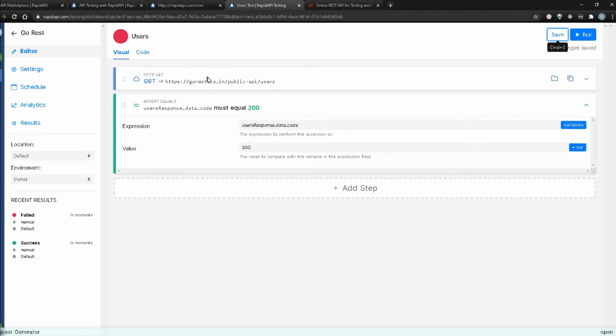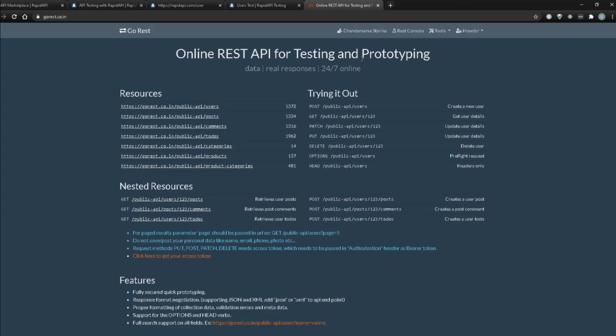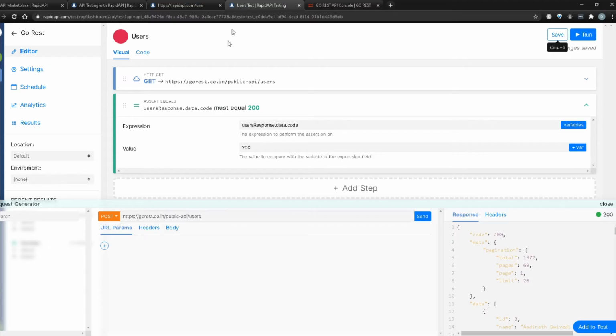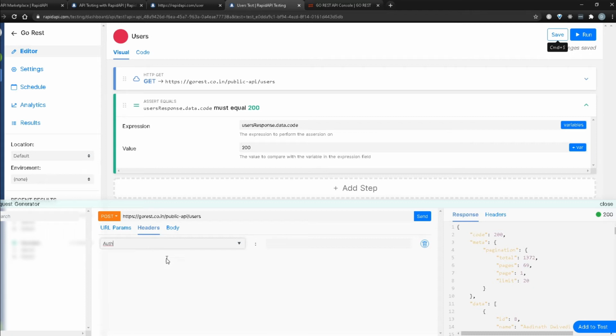So this time, what we're going to do is instead of a get call, we will add a post call. To do that, we will simply click on open over here again, and I'm going to change this to post. Now to do a post call, I'm going to go back here, to my REST console. And here to make a post call, we have to provide this token, which is the bearer authorization token. I'm going to copy this. And in my headers, I'm going to click on this plus button. And here I'm going to select authorization and paste my token. It's going to paste the bearer as well as the token there.